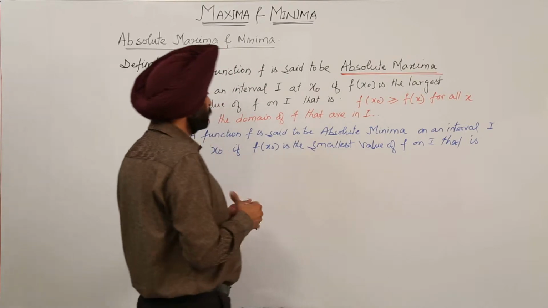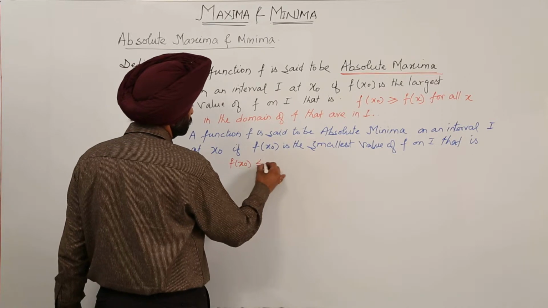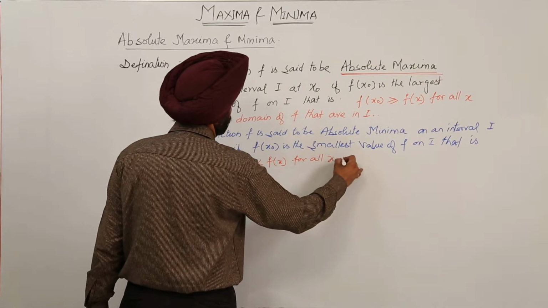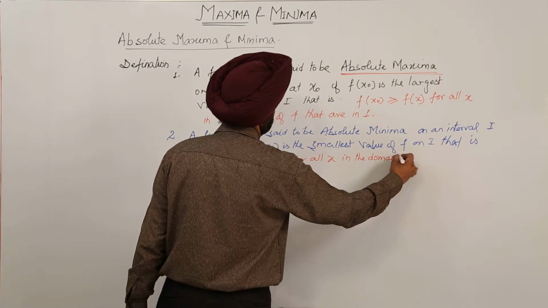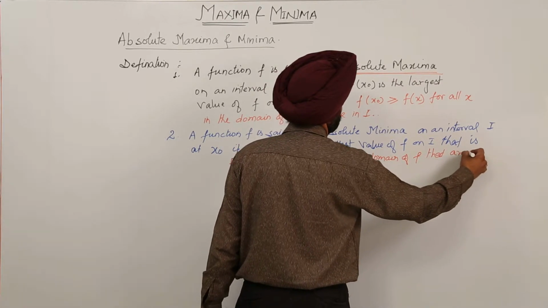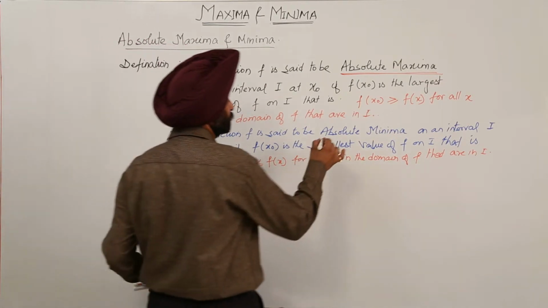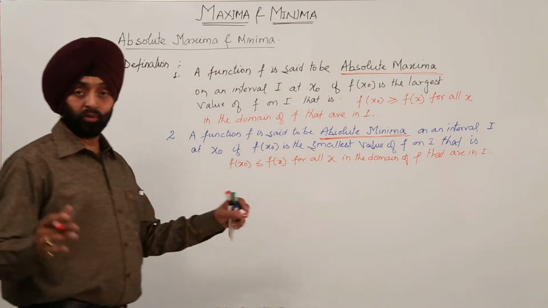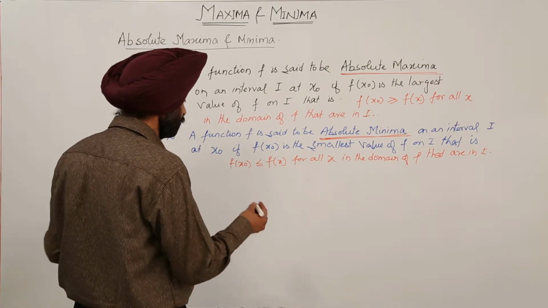now what it is here, that is f(x0) is less than or equal to f(x) for all x in the domain of f that are in I. Okay, so what we are having now: absolute maxima, absolute minima. Now one more important thing we have left, that is,